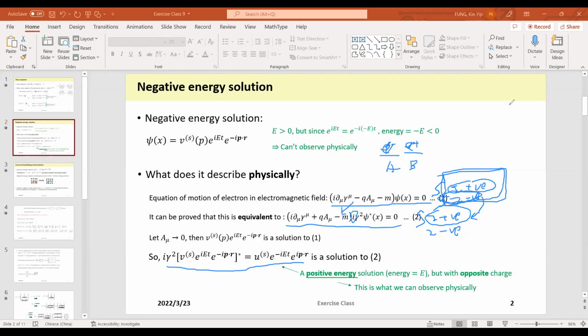There's another question in the chat box as well: how to understand antiparticles carrying positive energy when mathematically... Yes, mathematically we have two negative solutions, but we want to have a more physical interpretation, because in reality, when we measure the energies, they are positive. So we want to interpret them as a